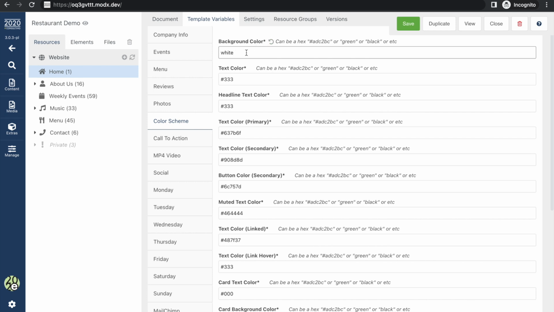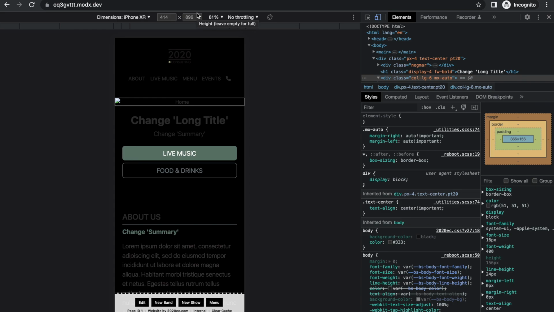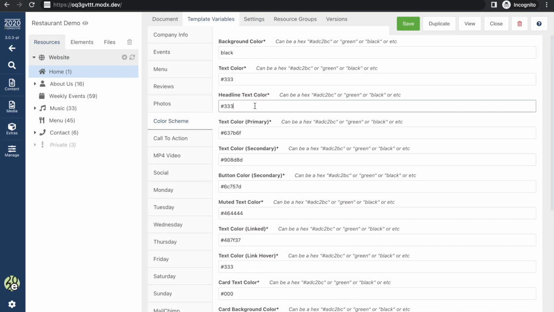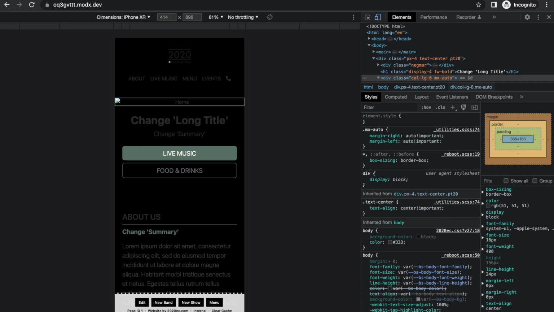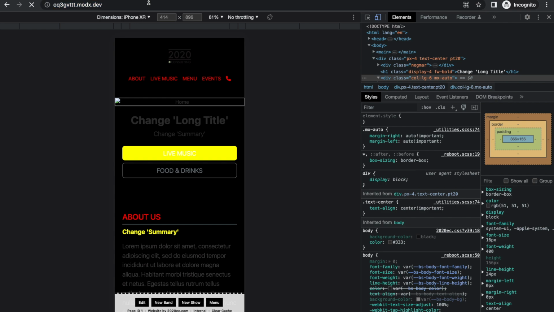A good tip is on all of these things, if you mouse over, you see a little set to default. So if you want to play around with this, and let's say we go black here and I hit save, if I refresh my website, you'll see that the website is a black background. And so you can kind of get crazy with stuff, and you can always come back to, let's have a look. So you can go through and change this the way you want to make it a unique looking website. And if you ever want to reset back to what it was, the default here, you just click on that and everything will go back to where it was. So save, refresh, and voila.